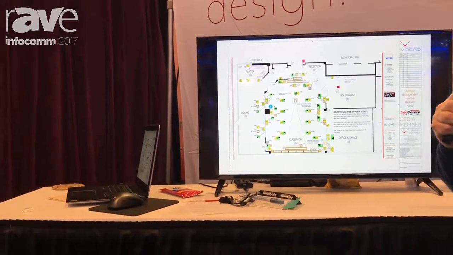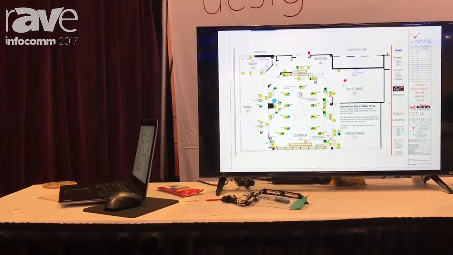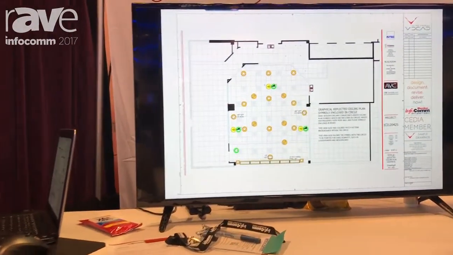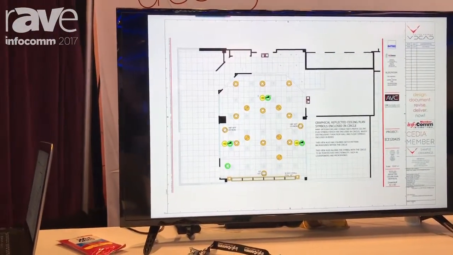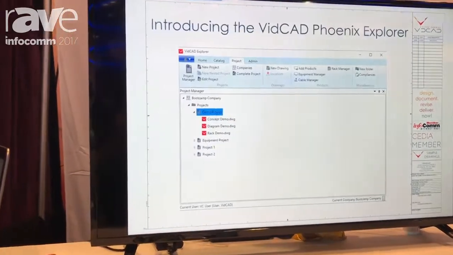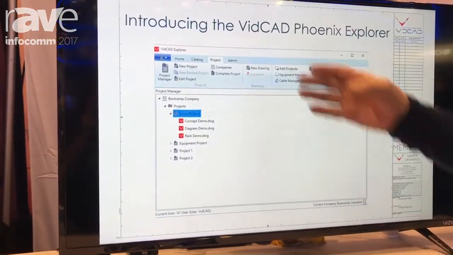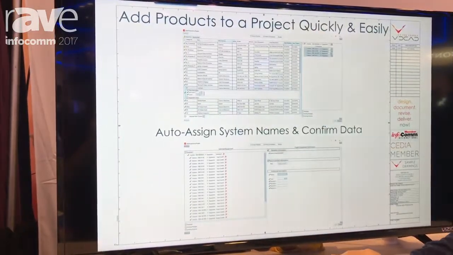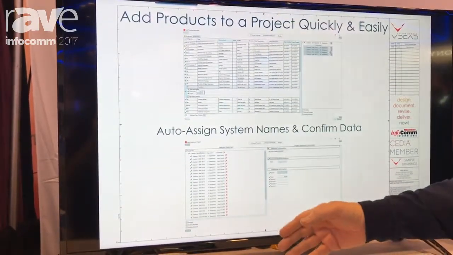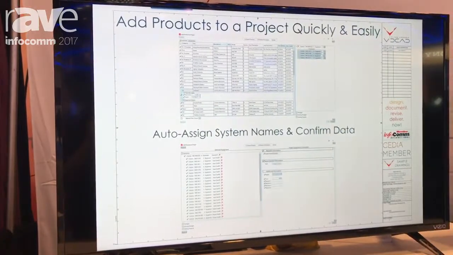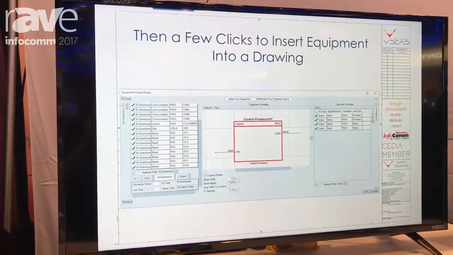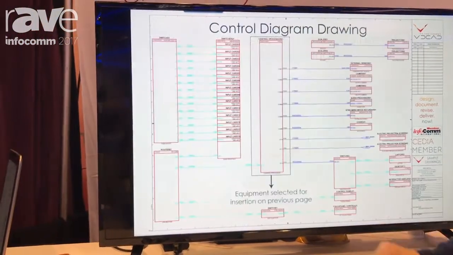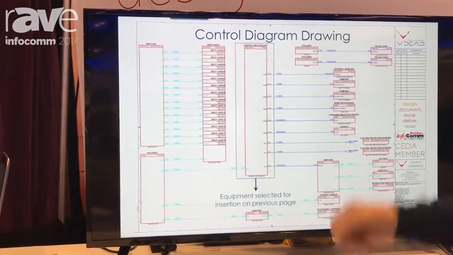We're going to show you basically how this will work, starting a new symbol. Everything about our symbols is created inside of the VidCAD Phoenix Explorer, and you build your project here. You just take your equipment list, add the inputs, outputs, and signal types to that. From that, then you drag the inputs and outputs you want to show on the blocks, drop them into the